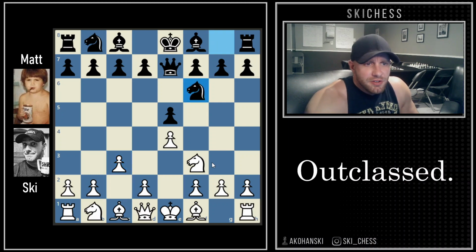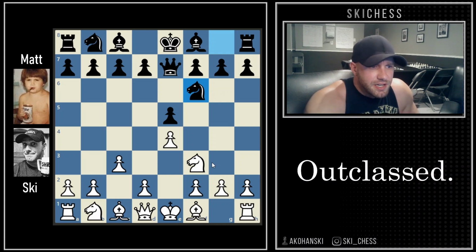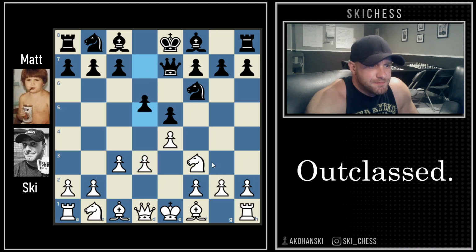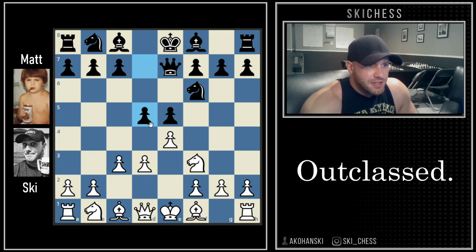So he goes into knight f6, attacking that pawn. All right, I protect the pawn. And then right away he strikes in the center. Beautiful move. Attacking this twice